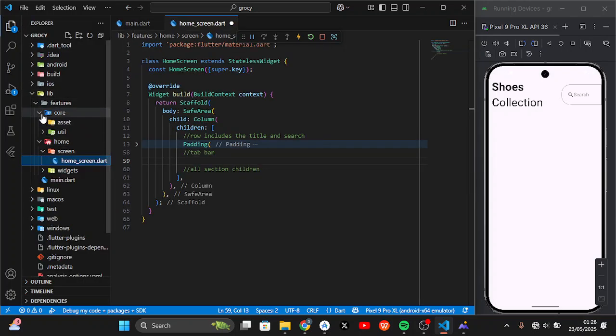Alright, so we're going to have, now in clean architecture, and that's what I'm actually following, assuming you want to use a widget that's going to be global. Let's say this is a home page. Let's say you want to use something that's going to be in the settings page and multiple places, right? You add that to utils in the core. Core is like generalized, right? That one widget that's used in multiple places. Let's say text styles, sizes, fonts, anything, you put it in your core because you can use it in different places. Now, this tab bar we want to have is going to be in our home screen alone because we only have that. So we're going to add it to the widgets,